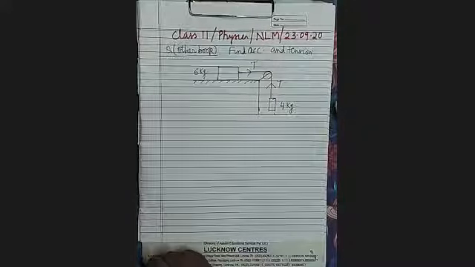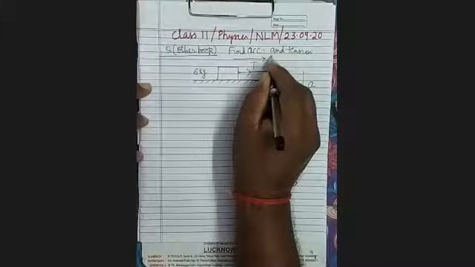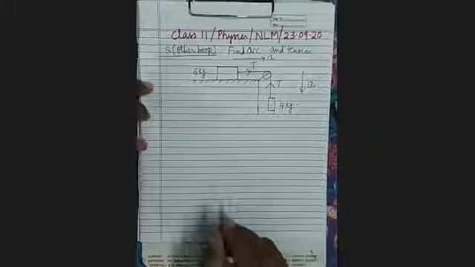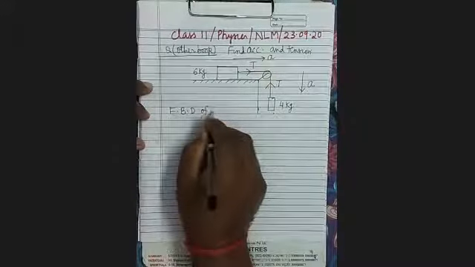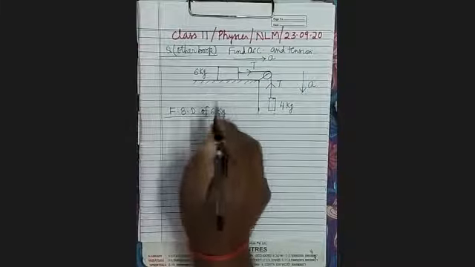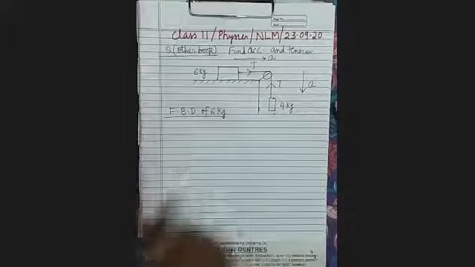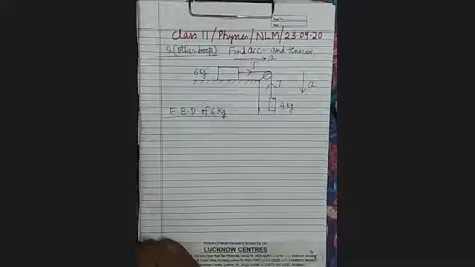Now, secondly, in which direction will this system move? It will move in the downward direction here, and this block will move in this direction. Now we will make the free body diagram, the free body diagram of the 6 kg block. What is the meaning of a free body diagram? It means we will make the body free from the other body and then show all the forces acting on the body.